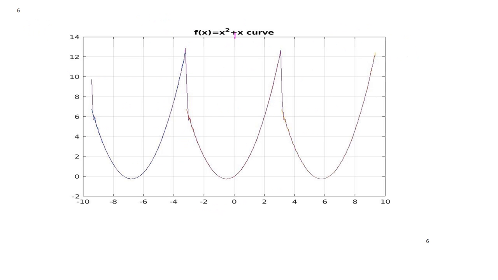And x plus x square curve looks like this. If you observe here, from minus pi to pi, this is here. So actually it starts from here and it will end here. So like that it goes. And there is actually a gap between this point and this point. So there is a gap. This is the starting point of the next period. This is the end point of the previous period. So there is a gap between those.